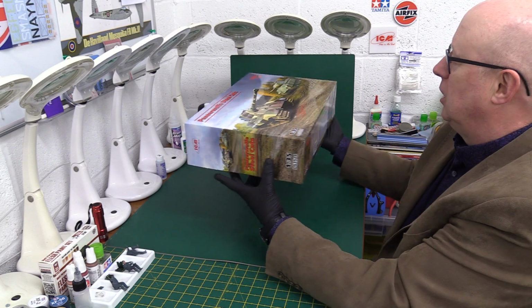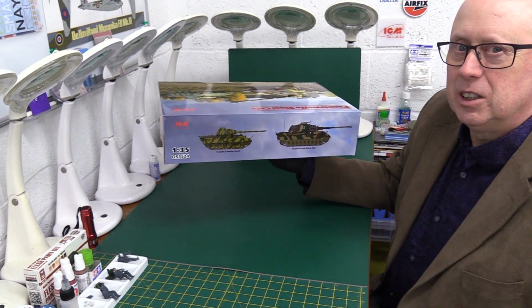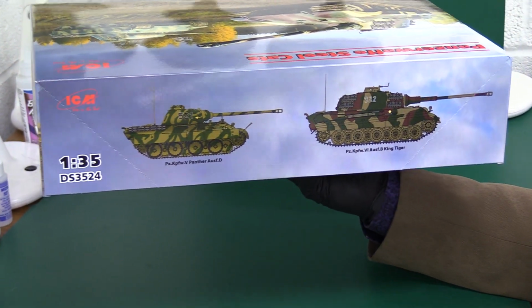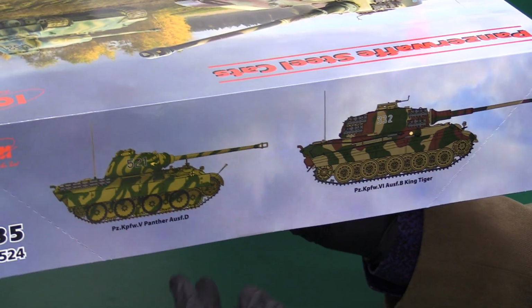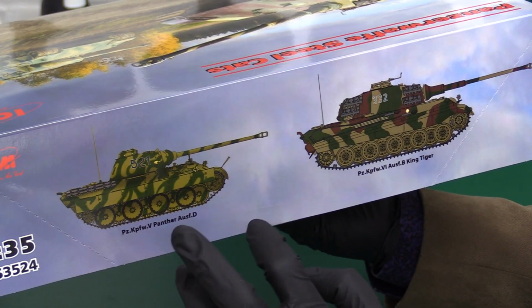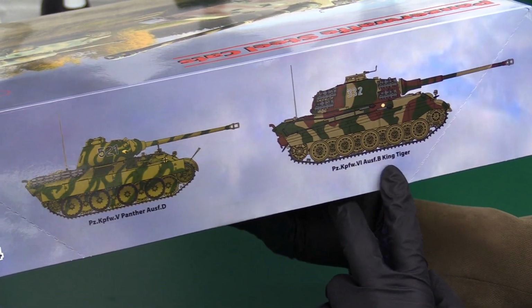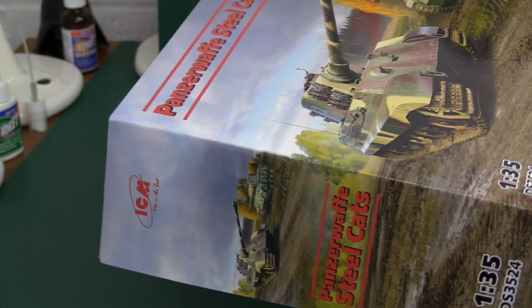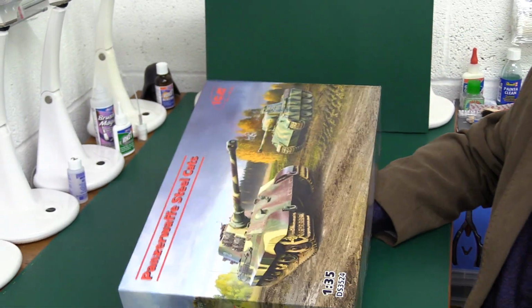Beautiful artwork. On the side we have got a nice profile of the two said tanks. Late war tanks, these two versions obviously. World War II. And we've got the Ausf D there in what looks like a European scheme, and a typical Ausf B King Tiger with the Henschel turret of course there. Other side we have got a little bit of blurb which basically says